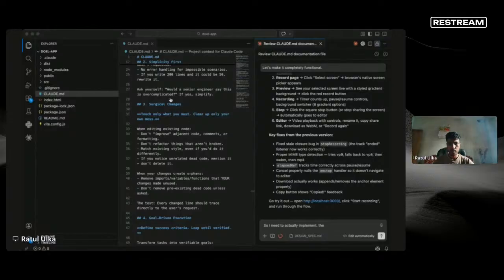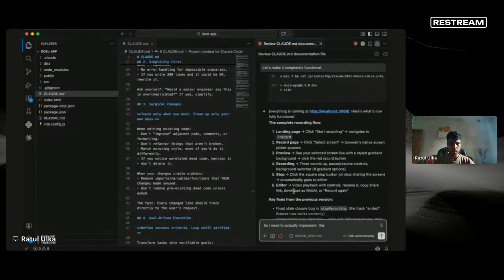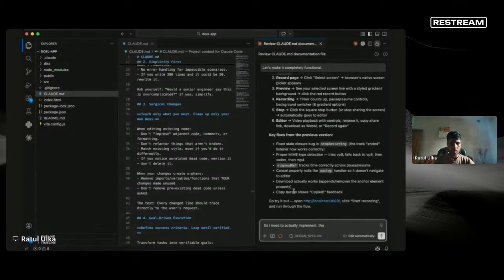Which value is almost aesthetic temperature. Okay. So I actually need to build it. The landing page. Okay, so landing page, stop recording. So shall implement the